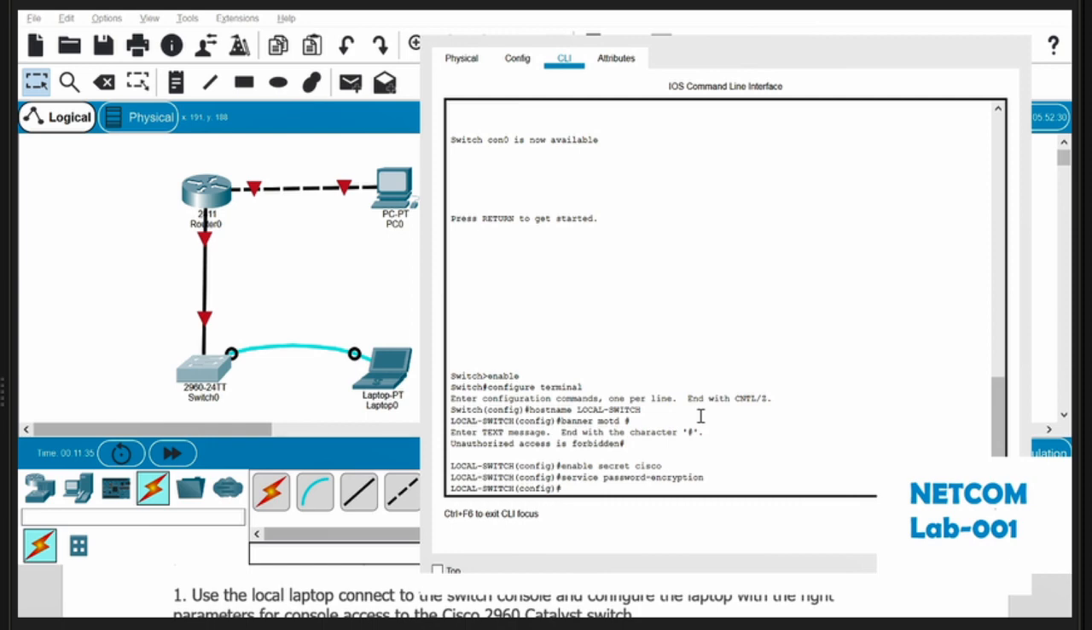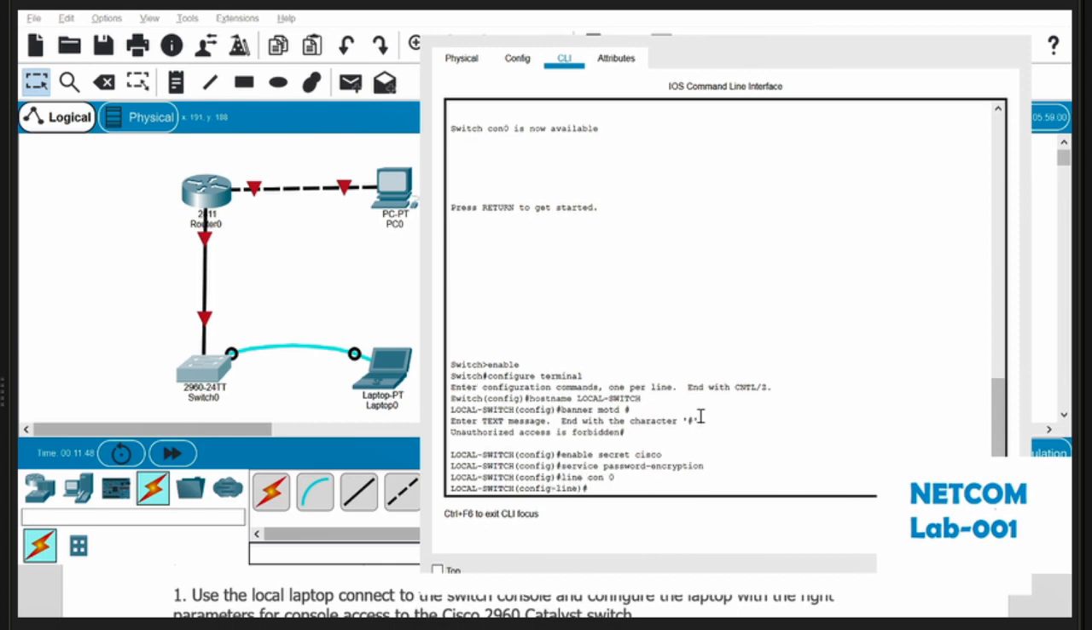Configure now our console, which is already encrypted and secure. So let's go to line console 0. This is configure line. So what we're going to do here is to secure the line configuration. So password Cisco